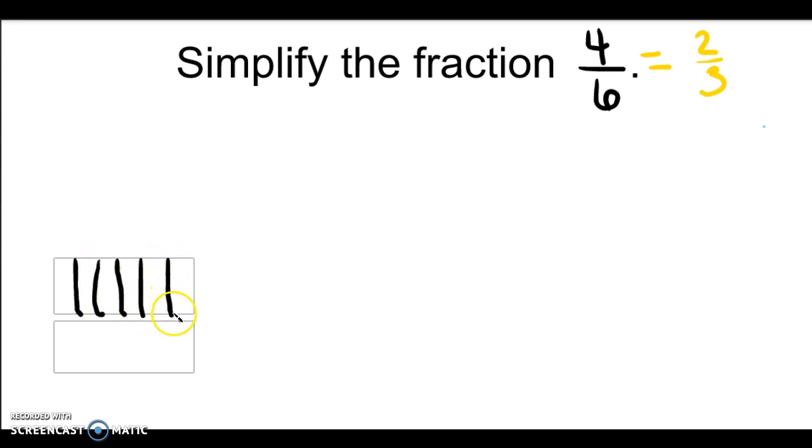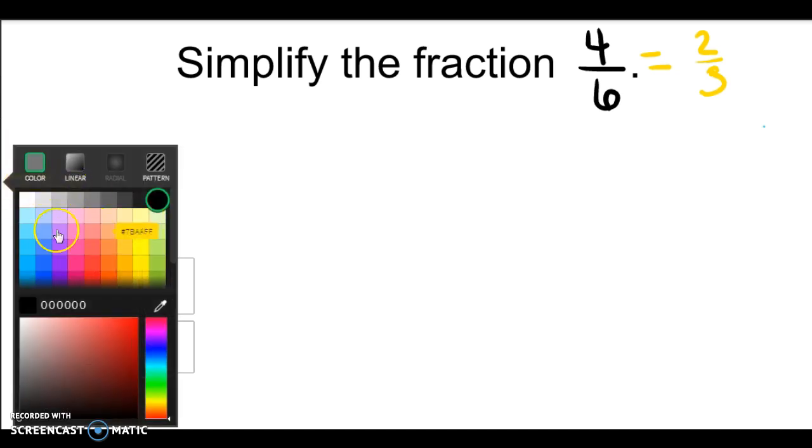Okay, there's my 6ths. They're a little bit wonky, but that's okay. And I'm going to make my 1/3 down here. Oh, see, those are much better. All right, so let's color in